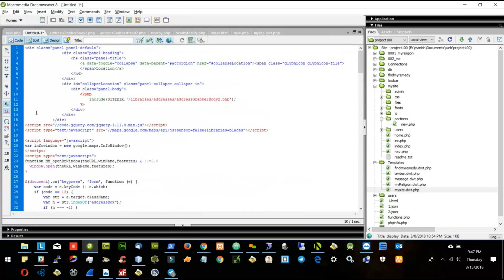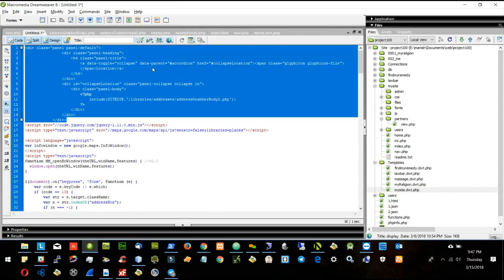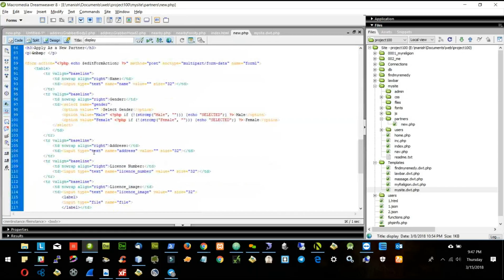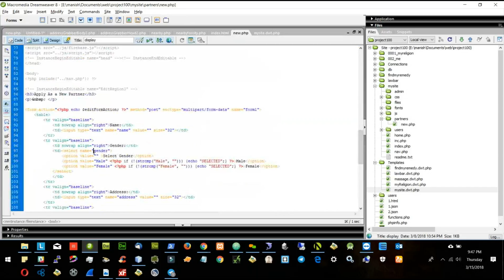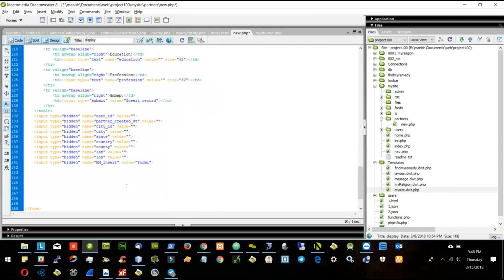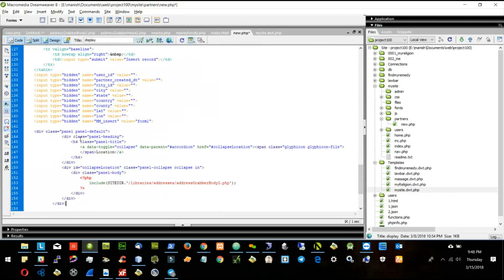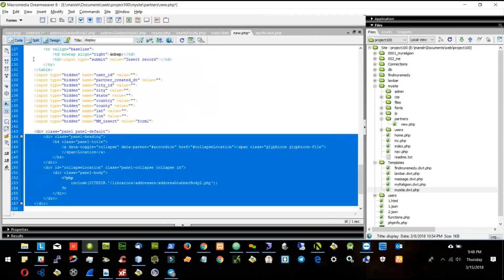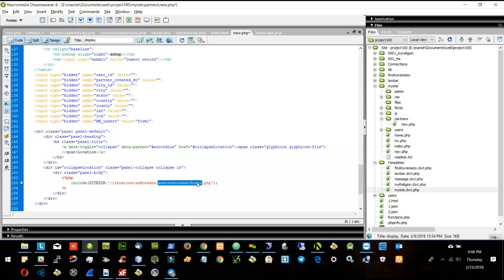So this is something which we have to put somewhere in our code. So let's put that in the code after. Right now I'll put it outside the table, just so at least it is there, but later on I will move it to an appropriate place. So this is something I put here, and then it calls our address to .php. There is this one,